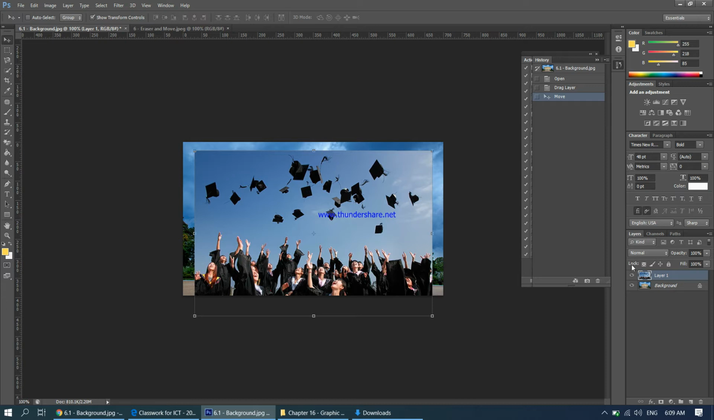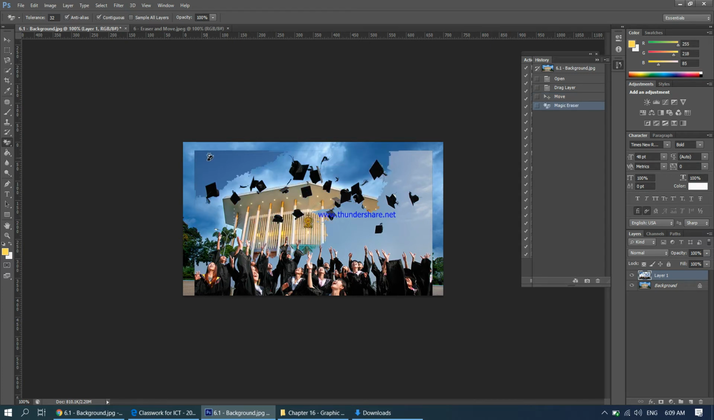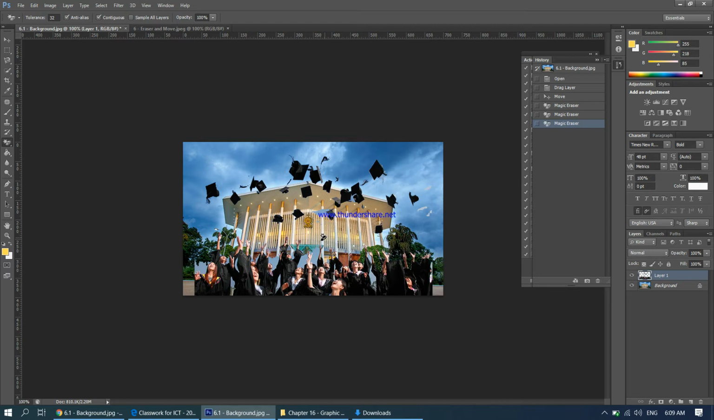Make sure you have selected the correct layer, and I'm going to start off with a magic eraser because there's a lot of blue involved. So I'm just going to click over here. That blue gets erased. This blue gets erased. Some blue is over here, some over here, some over here. There's some blue over here,